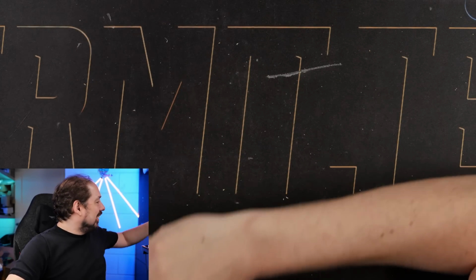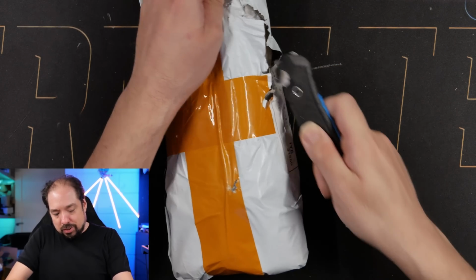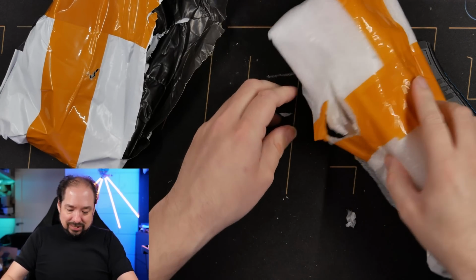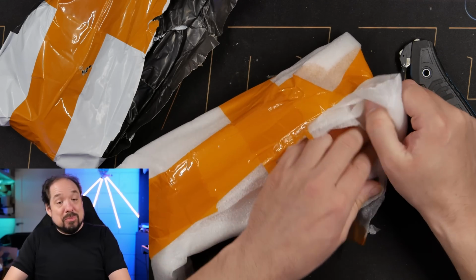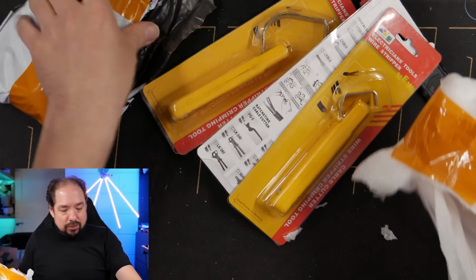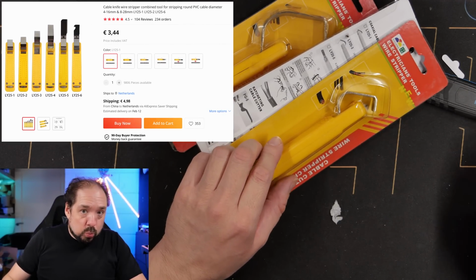Okay. A lot of tools up till now. Let's see what's in here. Maybe, might also be a tool, actually. Okay. Oh, yeah, more tools. Nice. Okay, so again, if you have those giant cables,